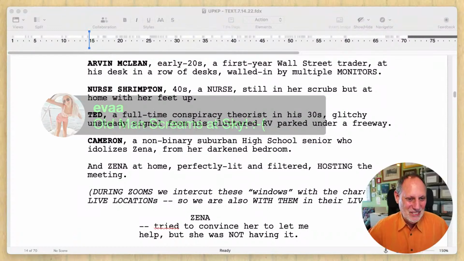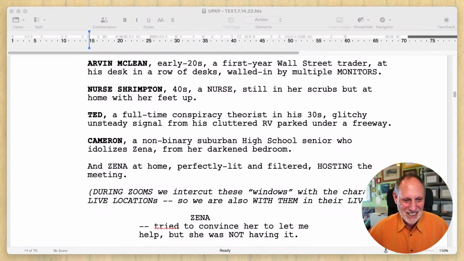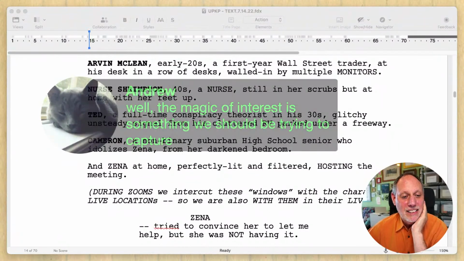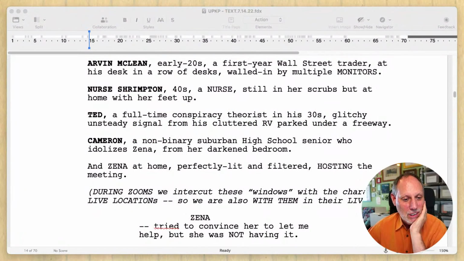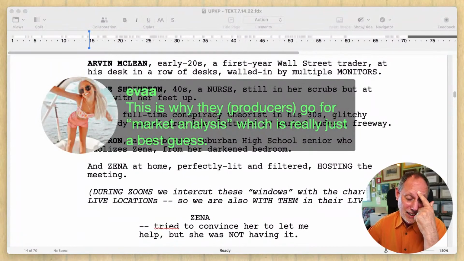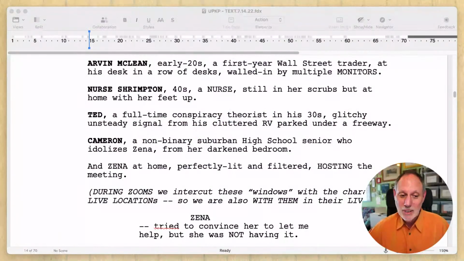Yes, old man screams at sky. Indeed. There we go. The magic of interest is something we should try to be trying to capture. The magic of interest, as in financial interest. Yeah, exactly. Market, right? Yeah, and honestly, there are markets that can be analyzed better than the art market because the art market is partly just a fad market. Anyway,